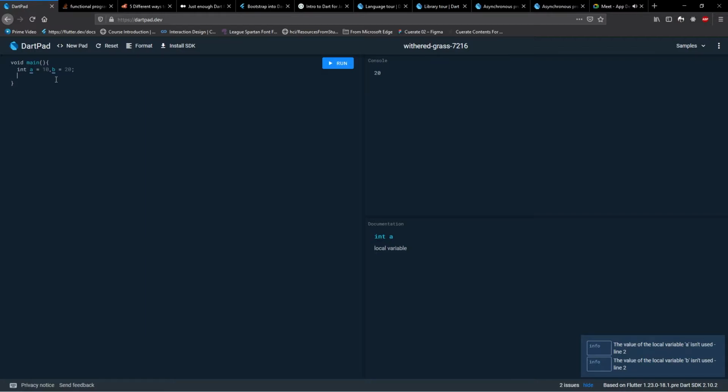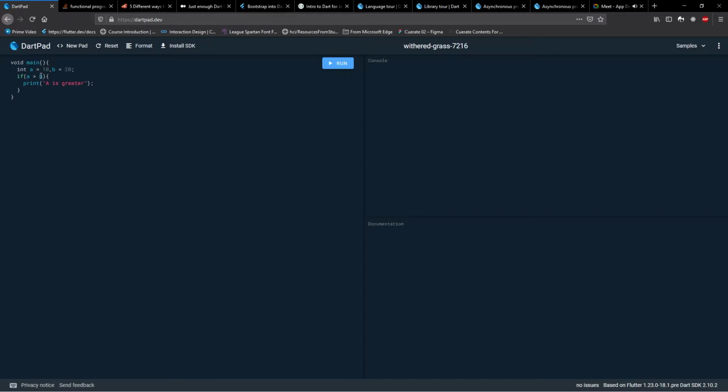The way you do that is by using conditional statements. What are conditional statements in Dart? It's nothing but if else statements and switch case statements. All right, so right now we'll only use if else statements. So for example, we'll use if a is greater than b, I'm going to print a is greater. All right, so this is an if statement over here. Now when I run this, it's not going to print anything.